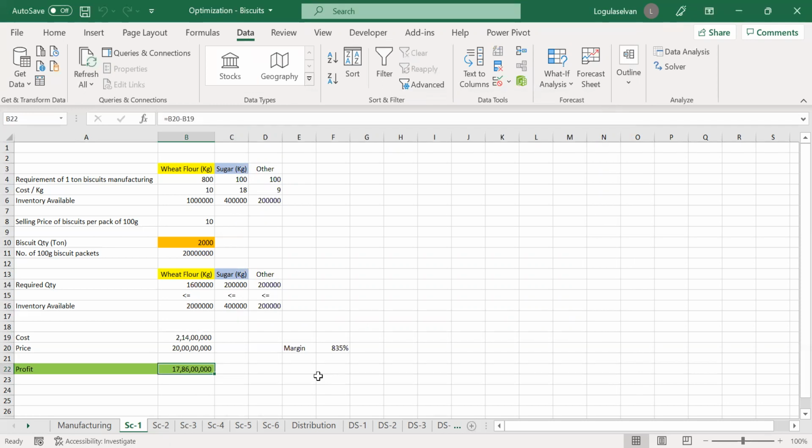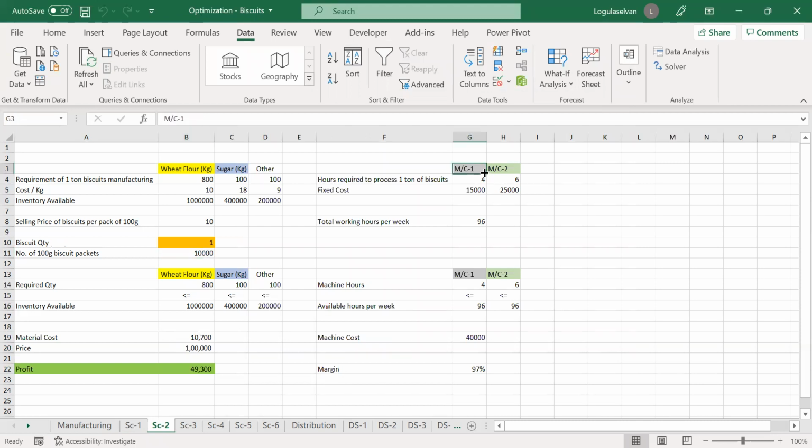So further going ahead, because this is based on the inventory level, we have decided inventory was my only constraint. Just think about it: for manufacturing anything, we would require machineries, right? So now there is one more constraint getting added: you have to manufacture these biscuits using 2 machines, machine 1 and machine 2. In machine 1, it has to get processed for 4 hours. In machine 2, it has to get processed for 6 hours.